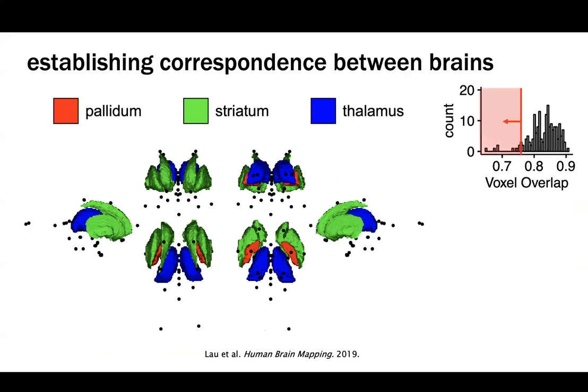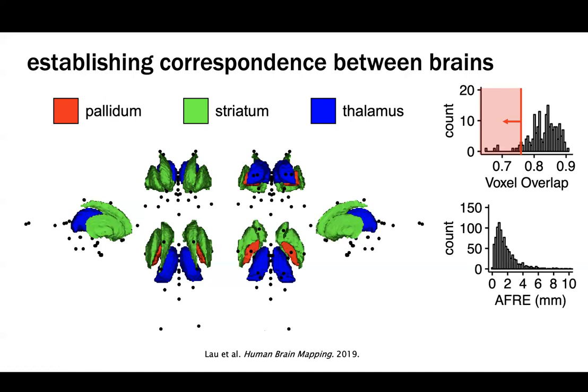If we consider 0.75 usually as being a good metric of how well registered two structures are, there are very few outliers that suggest a misregistration of any of these regions of interest. If you look at these point landmarks again, we have perhaps a more useful metric that demonstrates a long tail. So we can see that even though many of these structures are considered to be well registered based on a voxel overlap measure alone, when we look at registration error and we consider perhaps 2 millimeters being what would be significant,